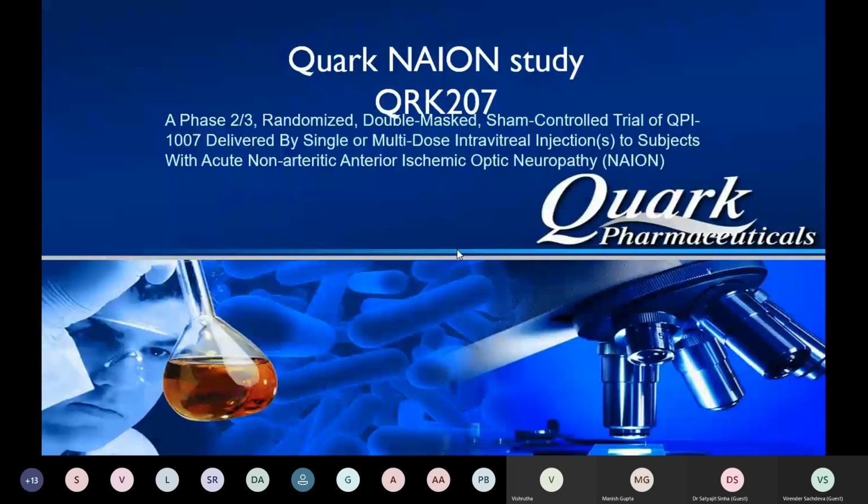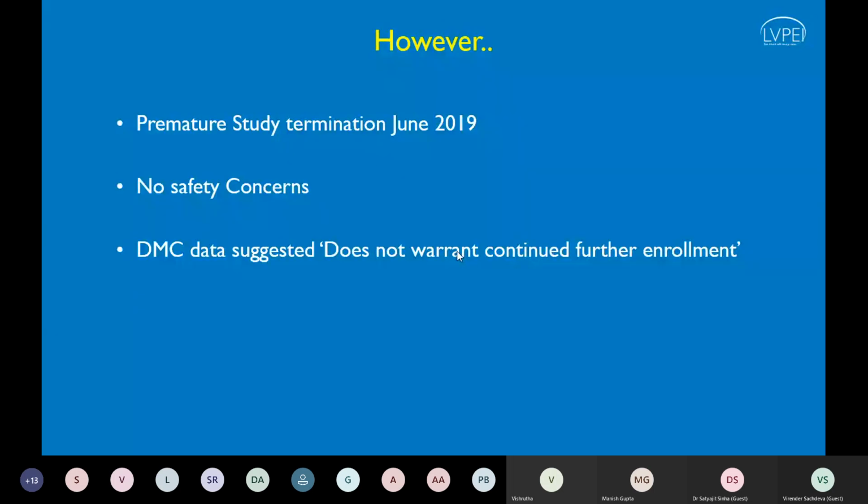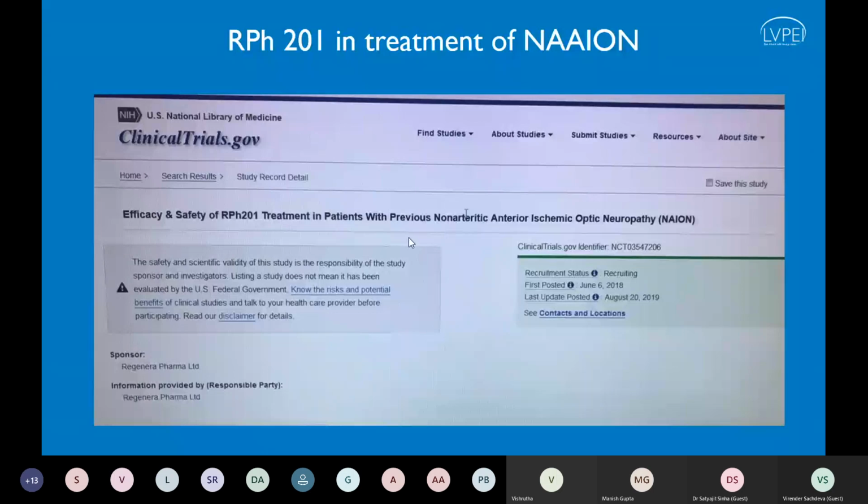The study was concluded last year, and it showed that there was no safety concern. An interim analysis has been done, and it shows some promising results in preventing visual loss, but the final results are still not published until now. There is another trial going on with RPH-201, which might show in future whether patients benefit from this drug or not. So there is a lot happening in the research about treatment of acute NAION, but what remains the mainstay